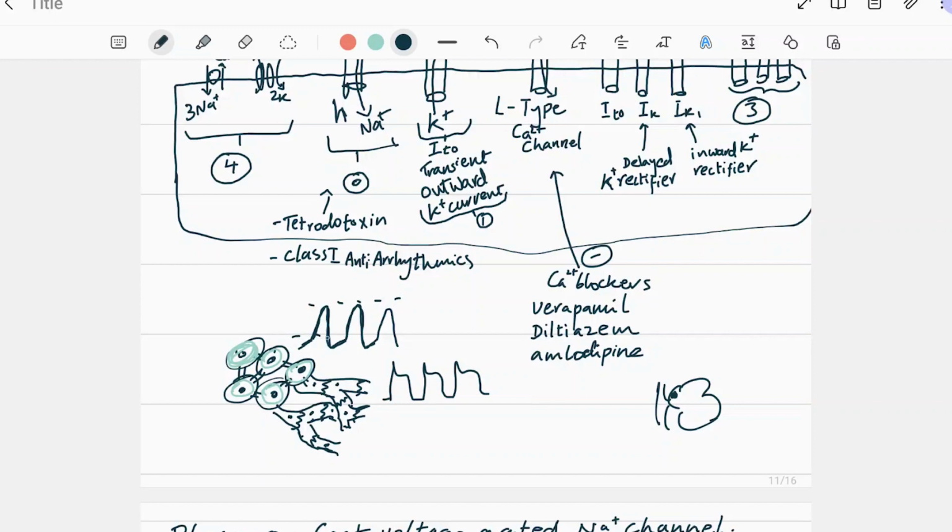So because of this depolarization taking place in the pacemaker cells, and they are connected via gap junctions to the cardiac muscle, you are going to have this wave of depolarization from the pacemaker cells to continue because of syncytium. Syncytium is,